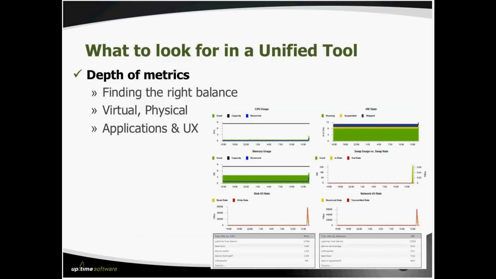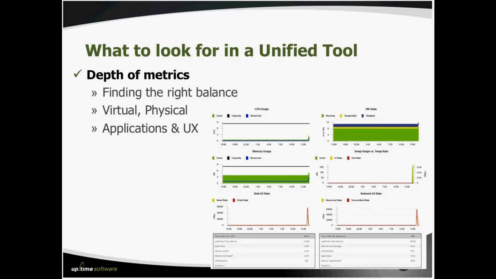The second thing to look for in a unified tool is really all around the depth of metrics, and this speaks a little bit more to some of the objections that commonly occur when users move from individual point tools to a more unified, broad monitoring solution. Everyone likes to stick to their very, very detailed metrics. So if you're an Oracle guy, you're probably going to want a tool that is very, very deep on Oracle, so you can get right down to every level of depth possible out of your Oracle application to understand any